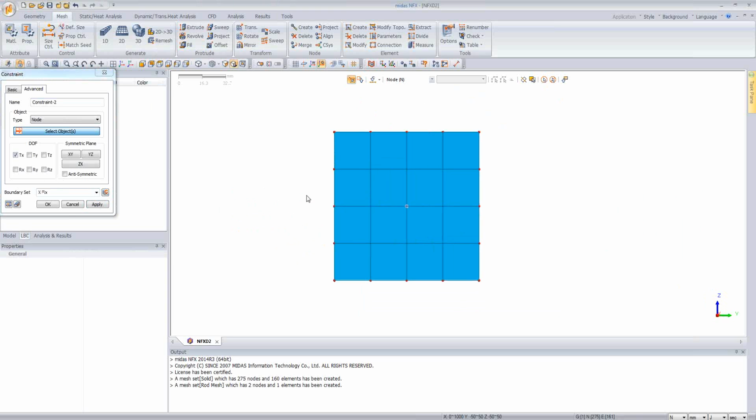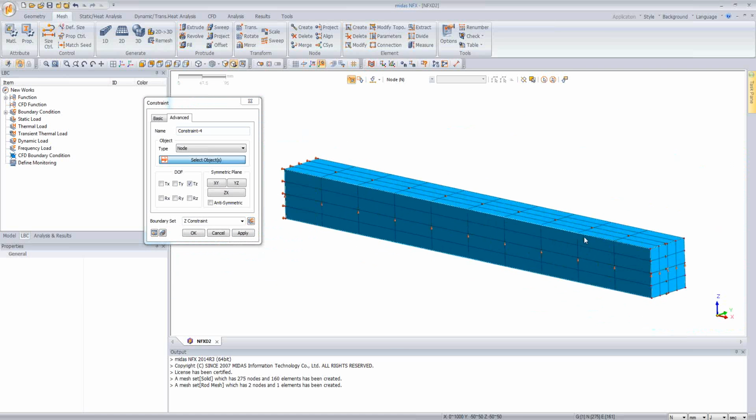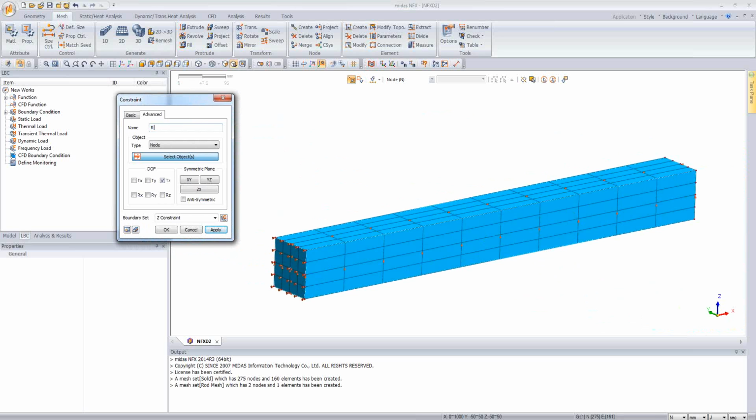Now let's specify the constraints for Y and for Z. So it was my intent to select this model like that because it will be very simple to specify the other constraints. So right now, I'm using the central nodes to fix the Y constraints. So it will be Y constraint, and let's do the same for the Z. Apply. So the model is almost constrained, and there is a need to set up the fourth one, and this will be,